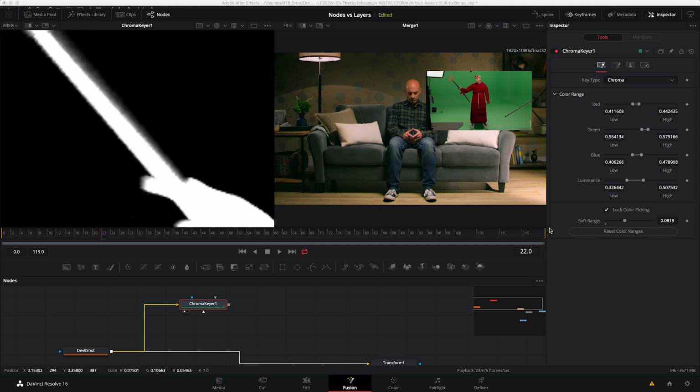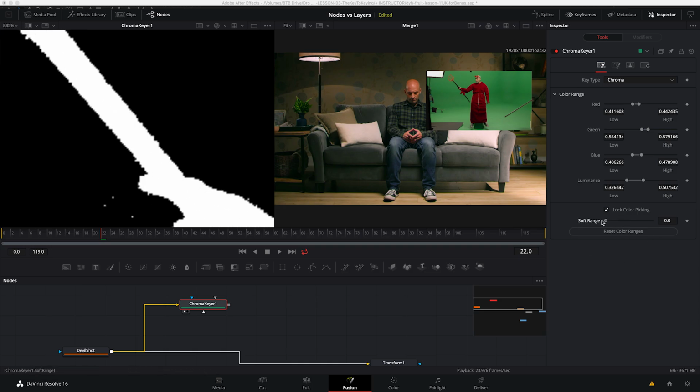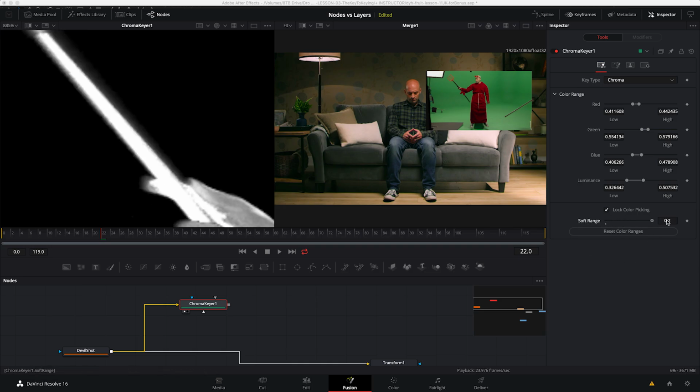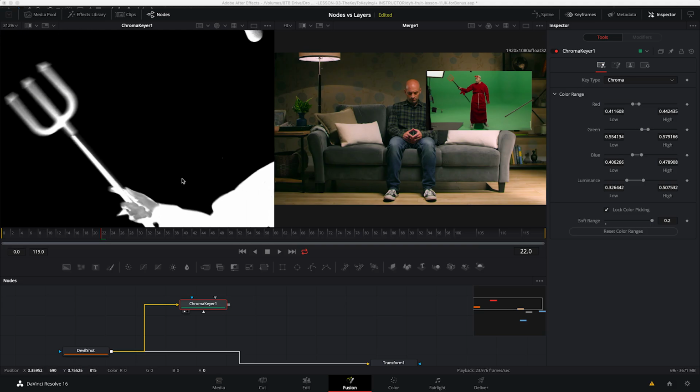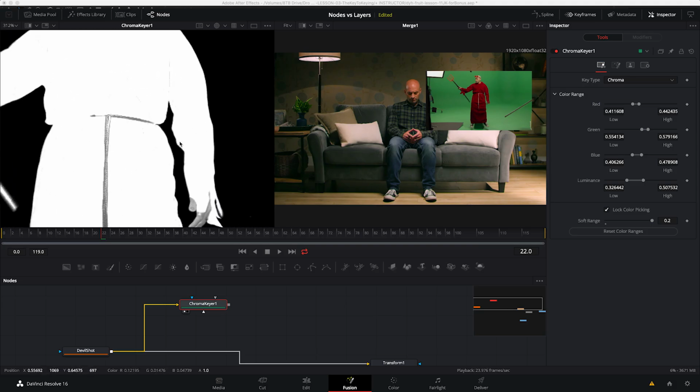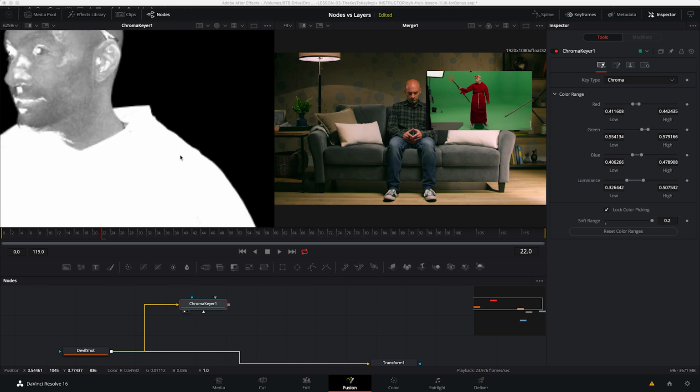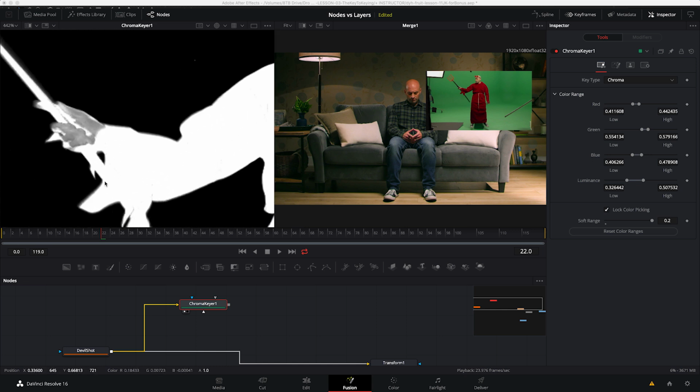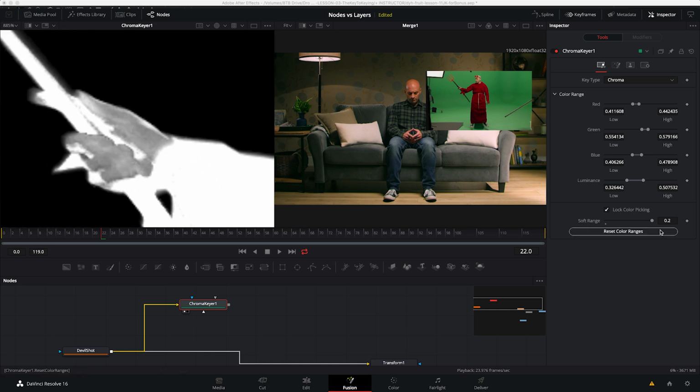Like right here is a good spot, right? By default, you have no soft range. And if I crank it all the way up, you can see that you get amazing edges, right? But you've also got some giant holes, holes that would probably be difficult to fill. So what I'm gonna do is walk this back a little bit to try and help myself out,